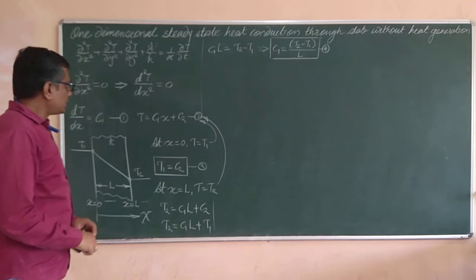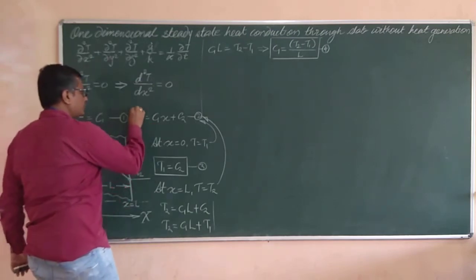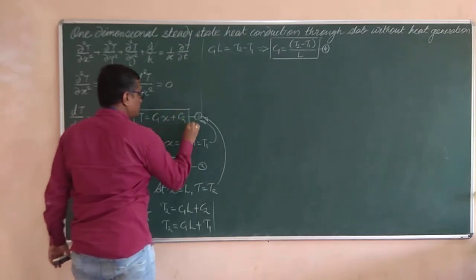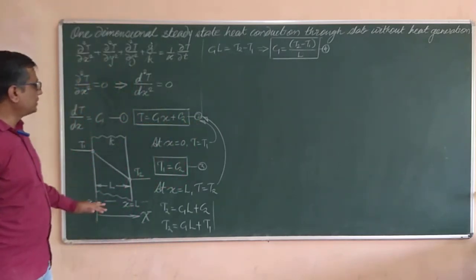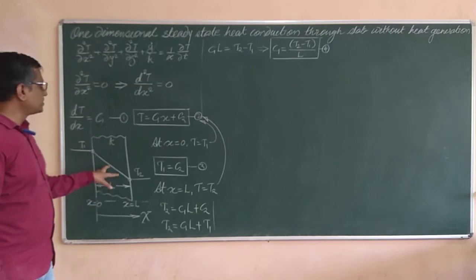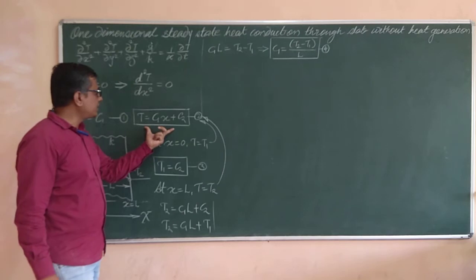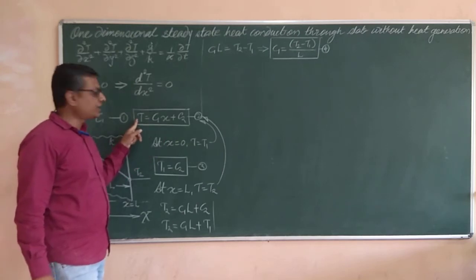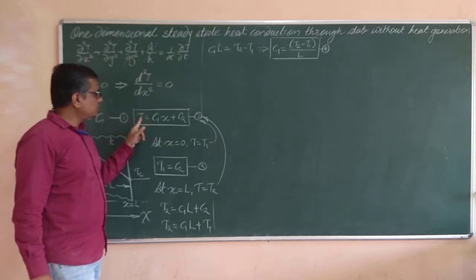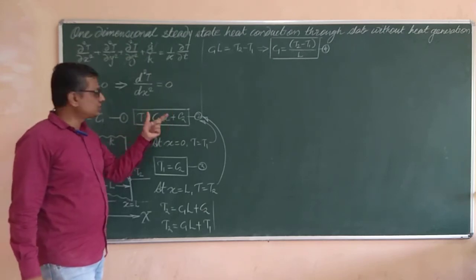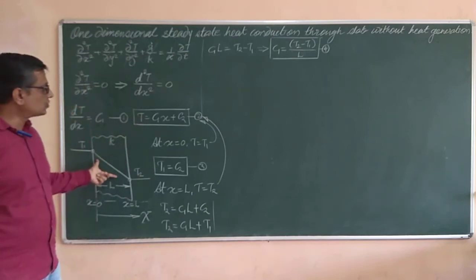Now, this equation of the temperature profile is also an important equation. Equation number 2 will give you the temperature profile along the infinite slab having width L and temperature difference T1, T2. This is the equation of a straight line. Clearly you can see T is the dependent variable and x is the independent variable, so this equation is in the form of y is equal to mx plus c. So this temperature profile has to be a straight line, and it is so. I have drawn it so.